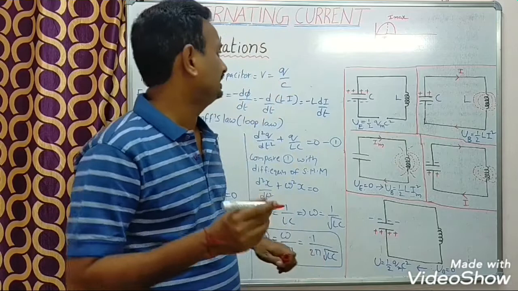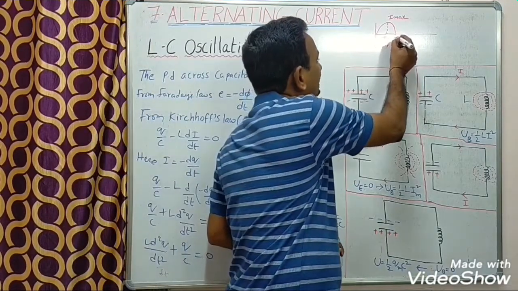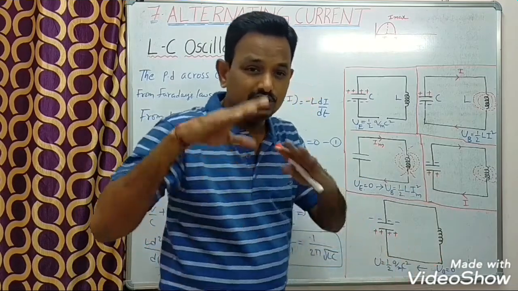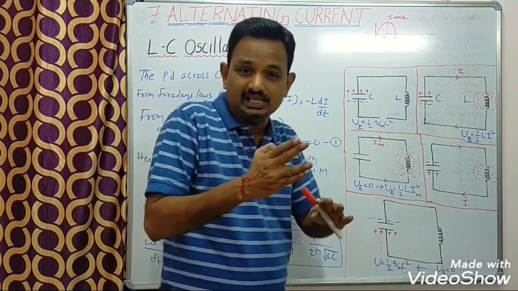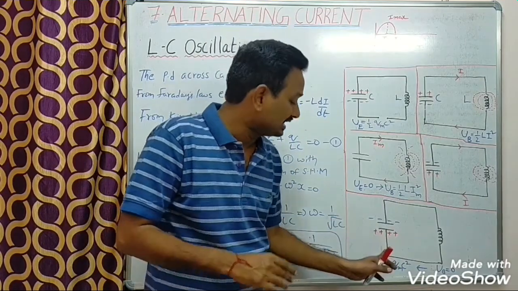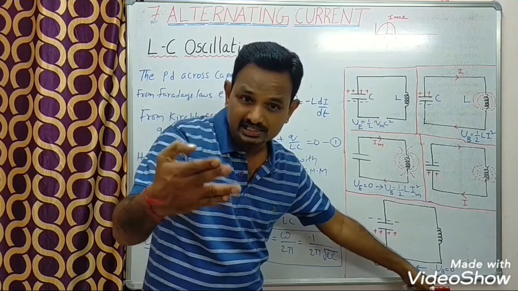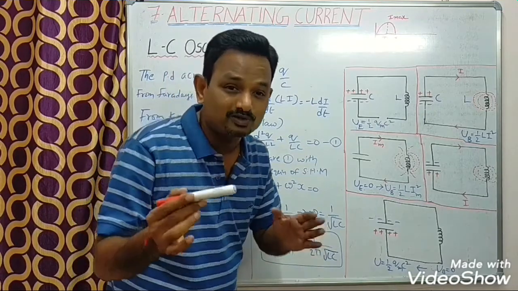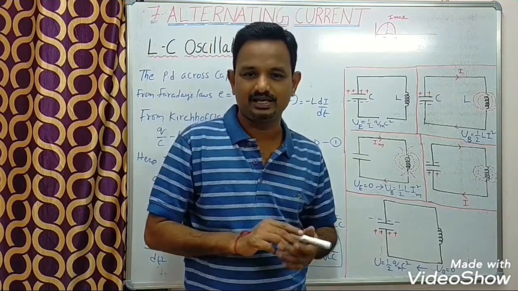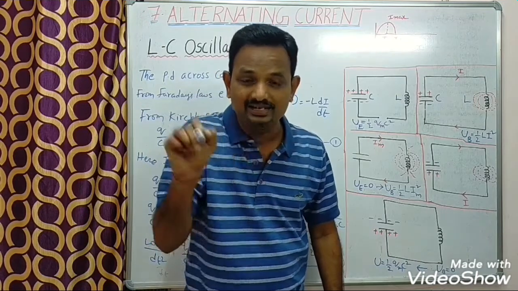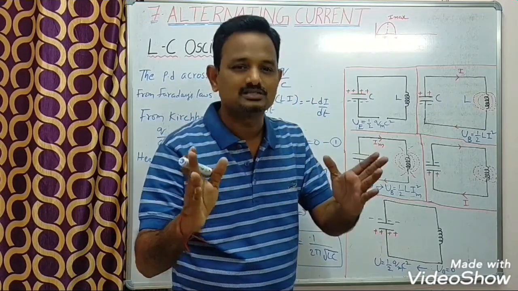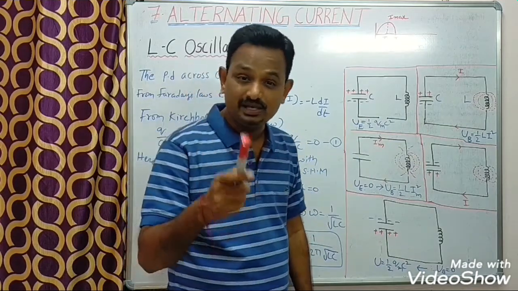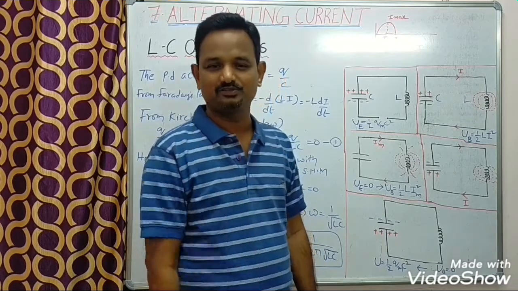Again next, at time T by 2, what happened? At time T by 2, this induced EMF completely charges the capacitor. At that time again the magnetic energy is completely converted into electrical energy. So this process is repeated between L and C. So here energy oscillates between L and C. But it does not happen because of the resistance of the inductor, and second, energy may radiate in terms of electromagnetic waves.